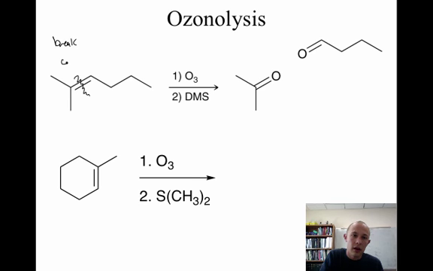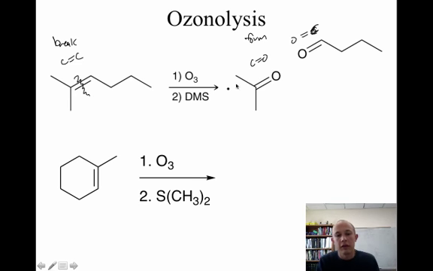So you end up breaking a carbon-carbon double bond and you form two new carbon-oxygen double bonds. So the easiest way to think about this is just break your carbon-carbon double bond and replace it with two carbon-oxygen double bonds. The trickiest version of this kind of reaction is when you have a double bond in a ring, right? You're going to break that double bond and replace it with two